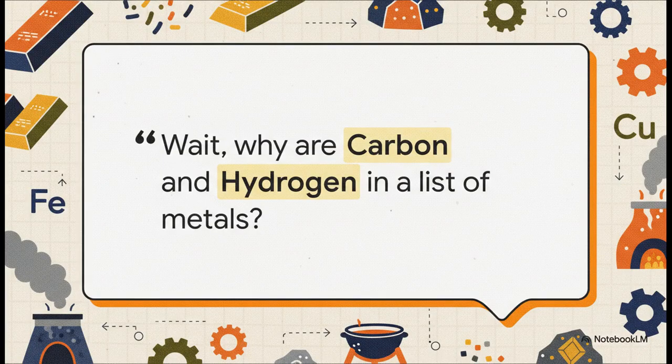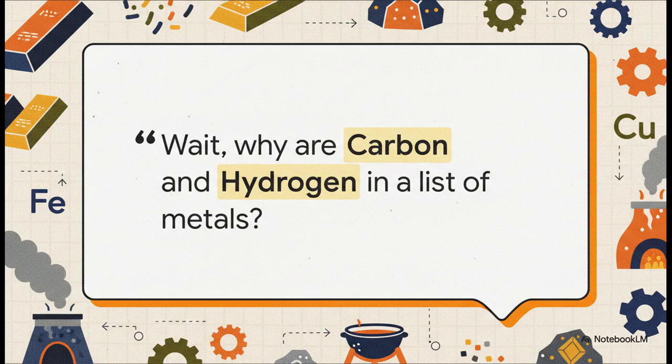I bet that's the question on everyone's mind, right? And it's a really good one. So here's the deal. Carbon and hydrogen are in this list to act as a kind of dividing line, a benchmark. Think of it this way. Any metal you see above carbon is considered very reactive, and any metal below it is less reactive. And this one simple line, this is what tells us exactly how to get these metals out of the rocks